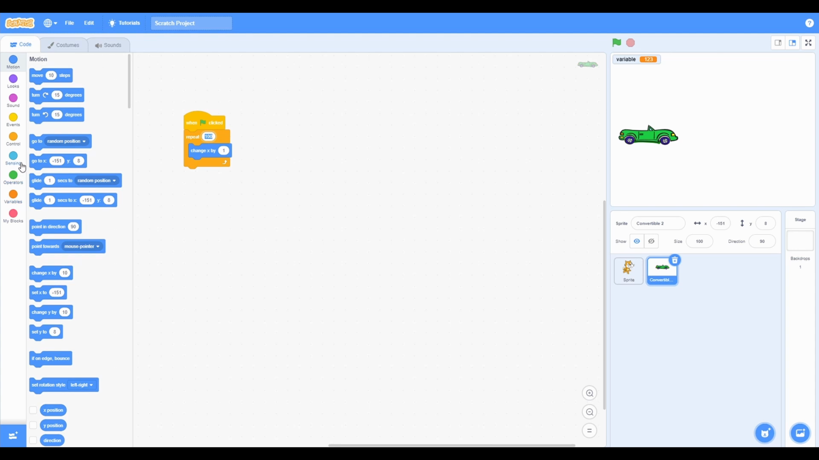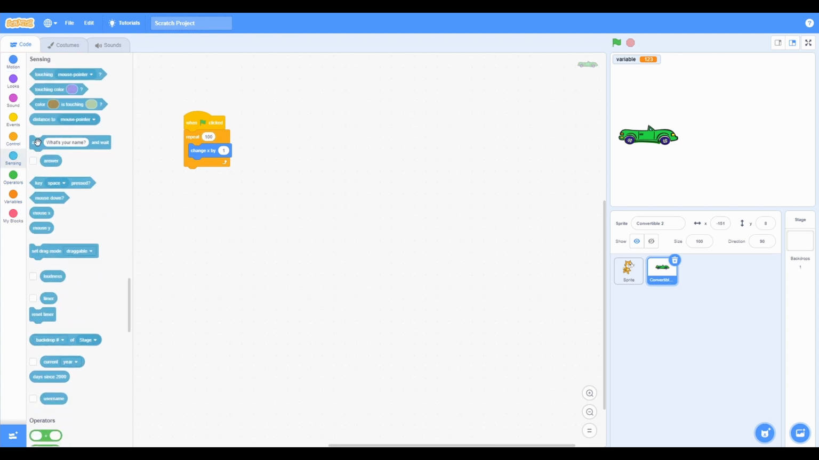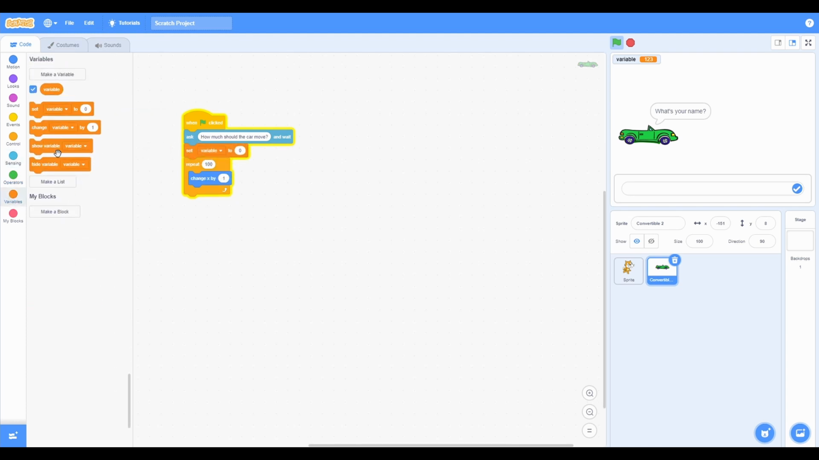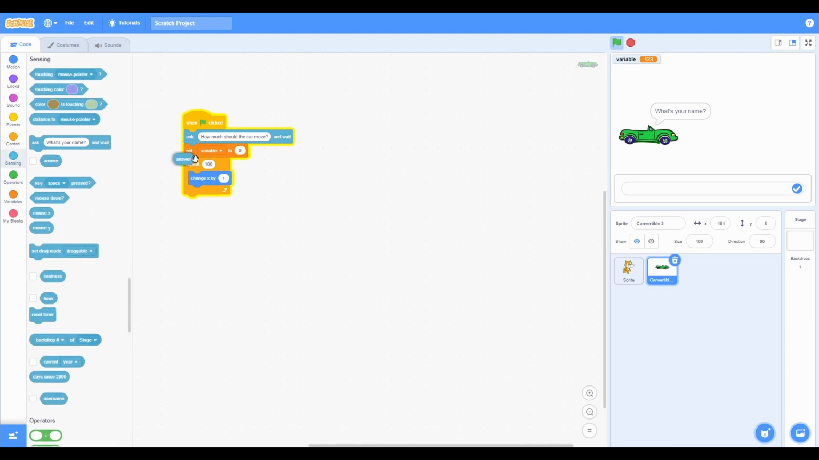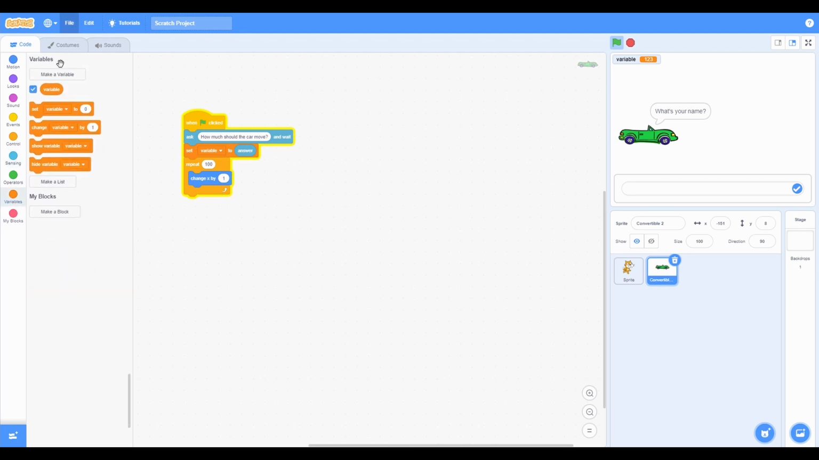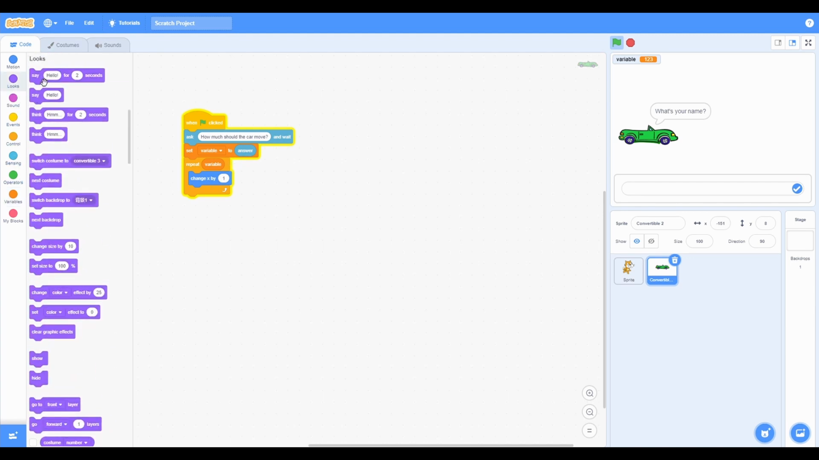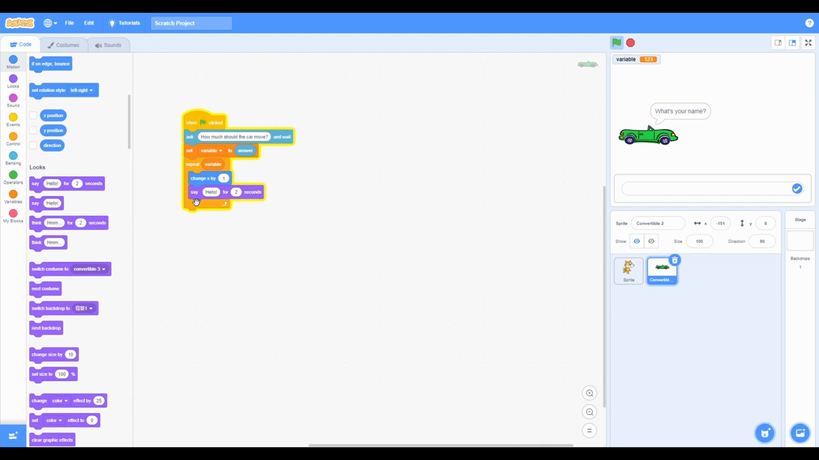So let's ask the user how much the car should move. How much should the car move? And then repeat. Let's set the variable to answer, and then repeat the variable, which is already set to the answer, times, change x by 1. And then after it is done, it should say, we moved,